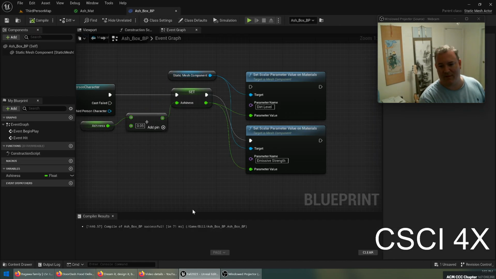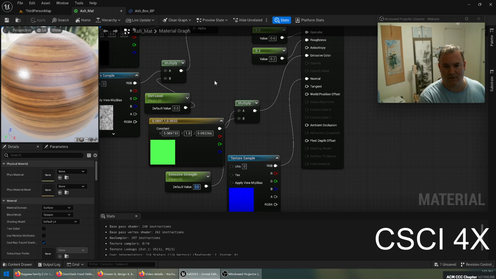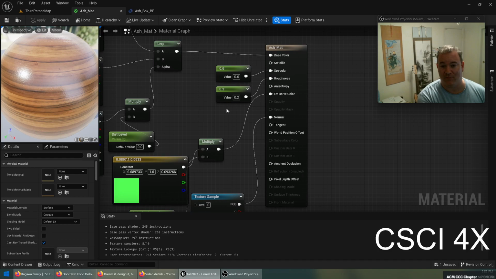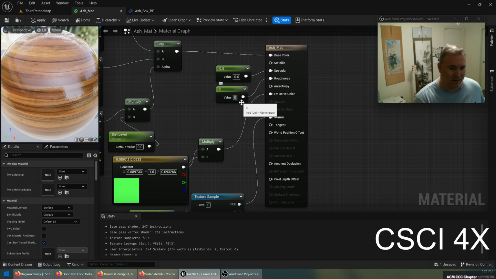And so, yeah, basically the point is that anywhere you have a parameter, you can have blueprints control that value. And so basically almost anything inside of your material you can play with. You can make it shinier. You can make these parameters. You can make it more specky. You know, specular reflection is that little circular reflection there. That's called specular highlight. So you can make it more specky where it looks more shiny or less. And same thing for roughness. You can make a polished surface, or not. It's just entirely up to